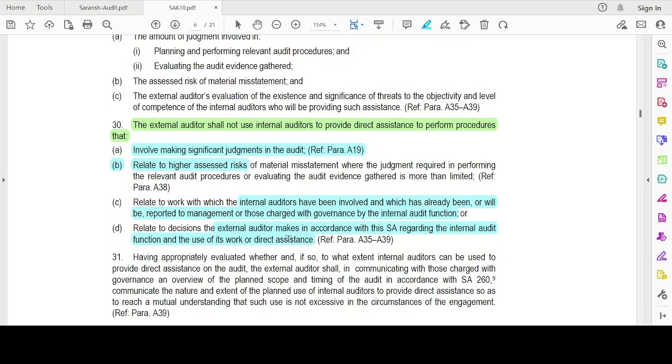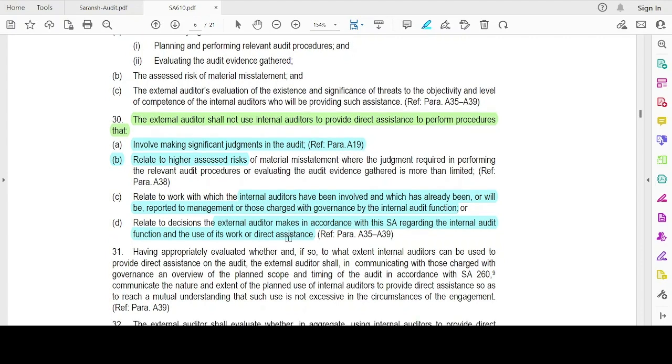The third point states that wherever the internal auditor has already been doing such work, for review, see, the doer and reviewer should be different, right? Maker-checker approach. Here the internal auditor is already the maker. I cannot assign the same work to him for review, because the maker-checker approach will collapse, right? Or else, I cannot tell the internal auditor to review the work of the internal audit function. These are things where the internal auditor's work will not be used.